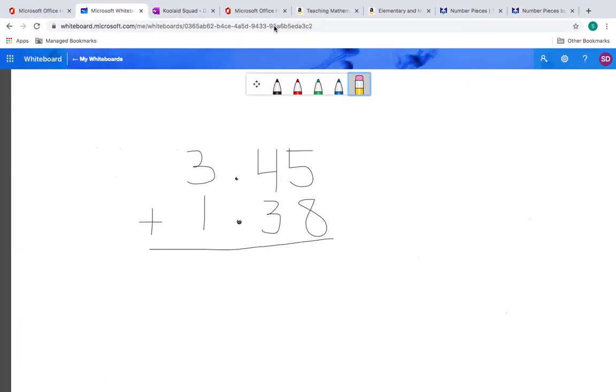Hello class, today we're doing the traditional algorithm for decimals. We're adding together 3.45 plus 1.38. And before we do it, as with the digits, I'm going to show you what it looks like when we